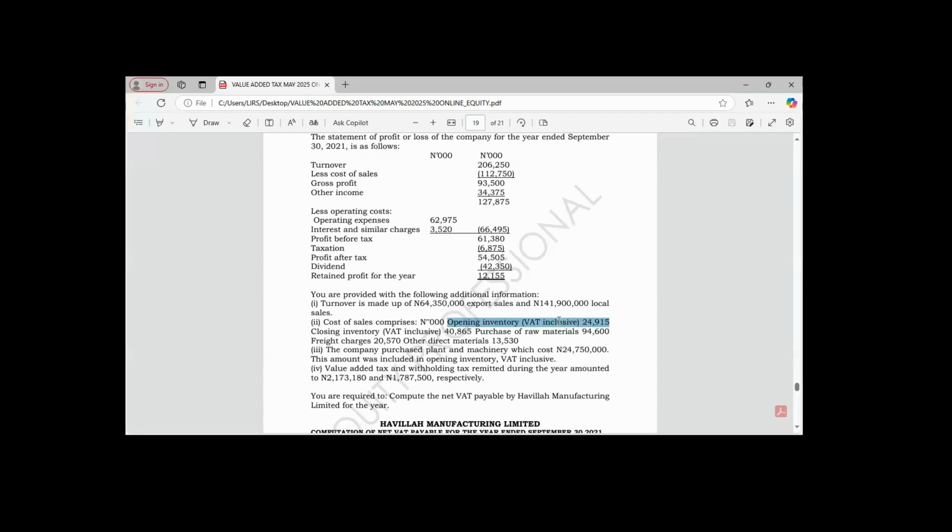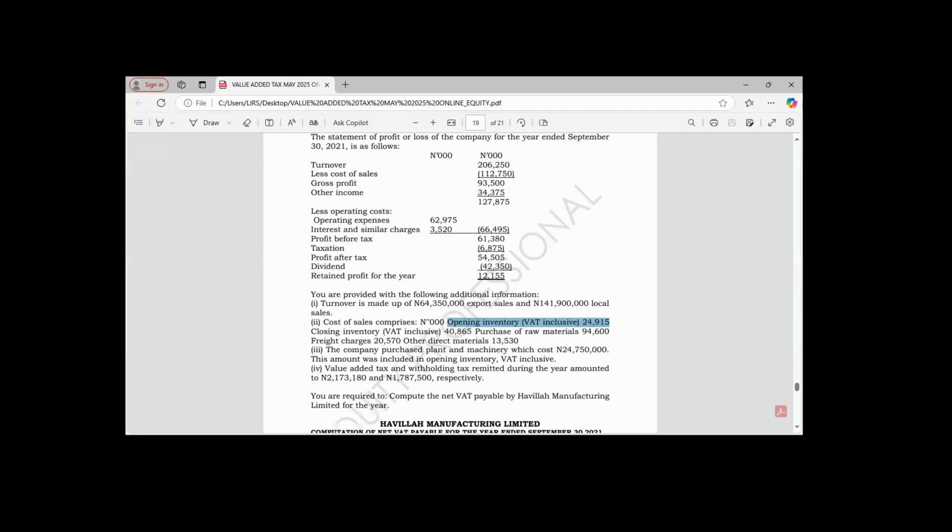And we know that any VAT on non-current asset, is it going to form part of our input VAT? No, it is not part of our input VAT. It's going to be capitalized for capital allowance purpose. So that means this value of 24,750 has to be eliminated from this opening inventory